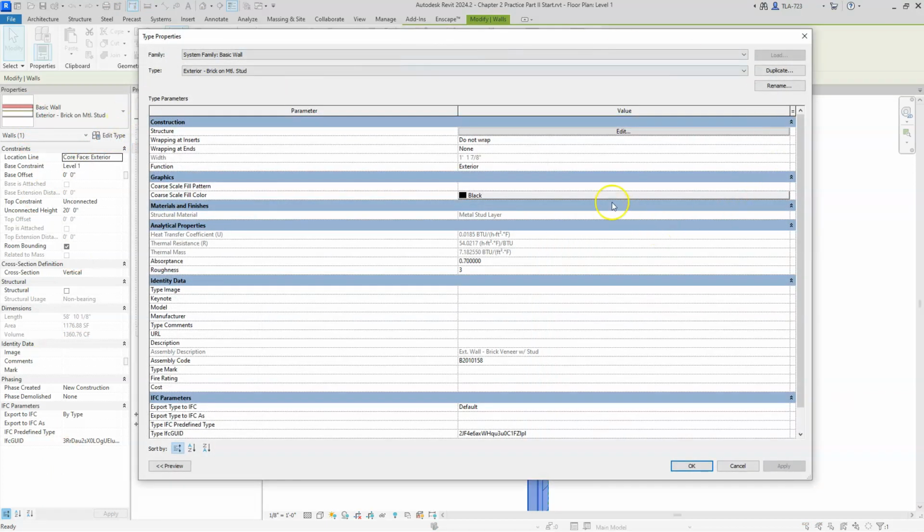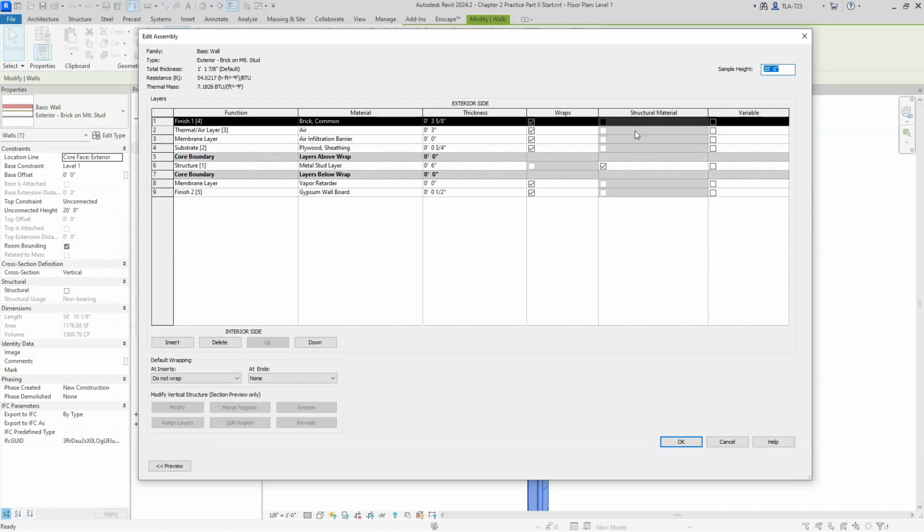Now at this point, if we were actually going to edit this wall, we would want to duplicate it and give it a new name, right? Because we would change it from brick on metal stud, which it is now, to presumably something else. Okay, but we're not going to change it, so I'm not going to duplicate it and create a new wall type. I'm just going to dig into the existing one for the purpose of viewing it. So click on edit right there in the structure area,